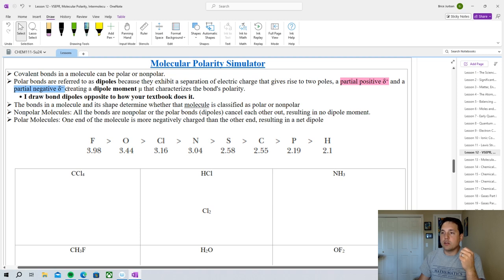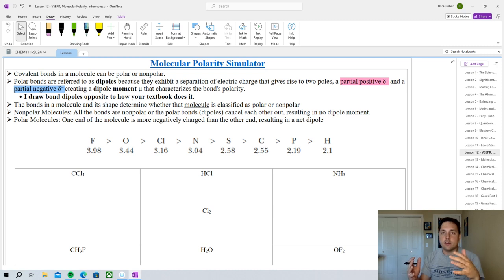What we'll do is we'll sum all of the bond polarities together as vectors. So we'll treat them as going in one direction, and then we'll sum all of the x and the y components together so that we can get an overall molecular polarity,